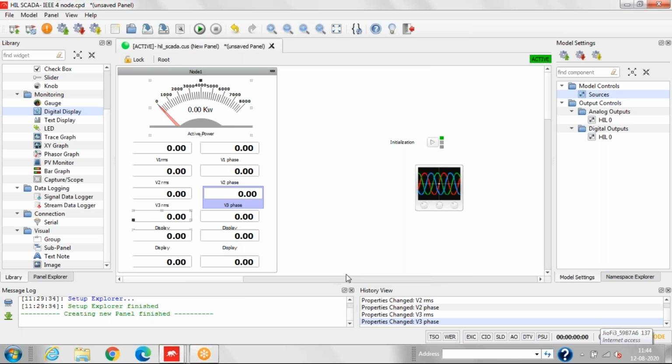So we have done the RMS and phase calculation of the voltage. Now we'll similarly do it for the current.